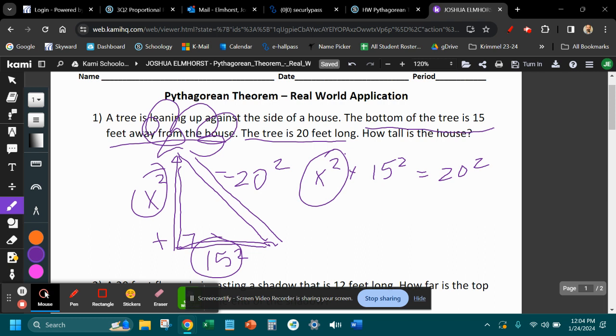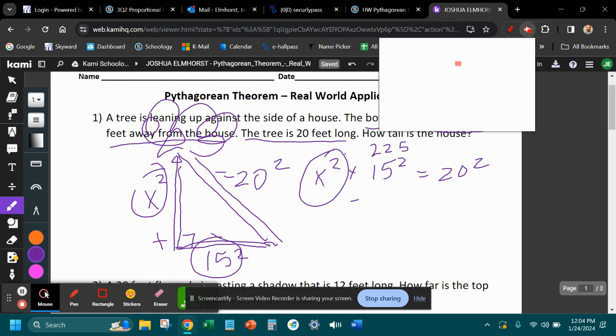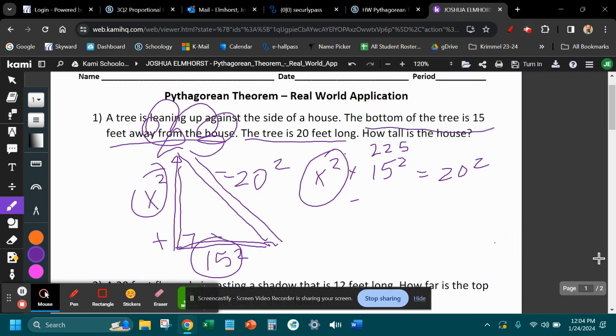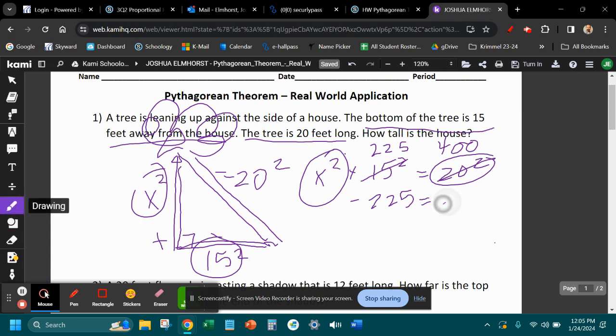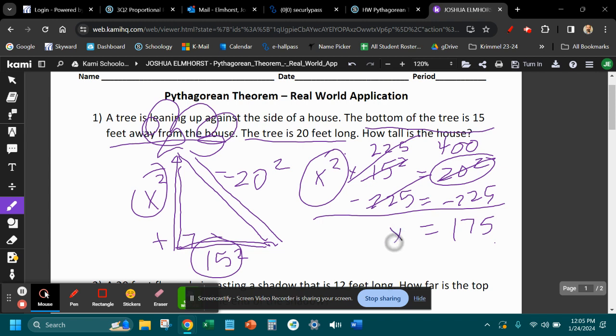Now, I'm going to put the variable on hold for right now, and we're going to subtract the 15 squared. So 15 times 15 is going to be 225, and 20 times 20 is going to be 400. So we're going to subtract 225 from both sides, and we're going to subtract 225 from 400. That's going to cancel, and we're going to be left with 175, and we need the square root of both